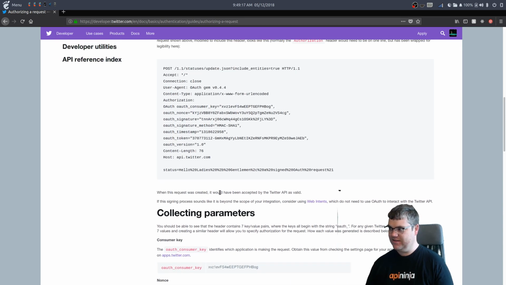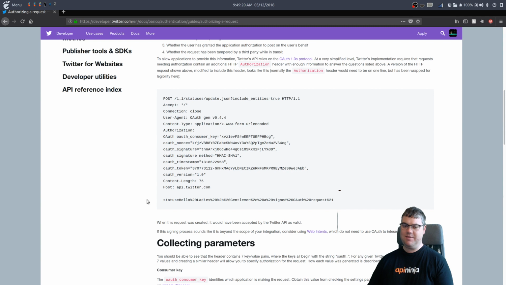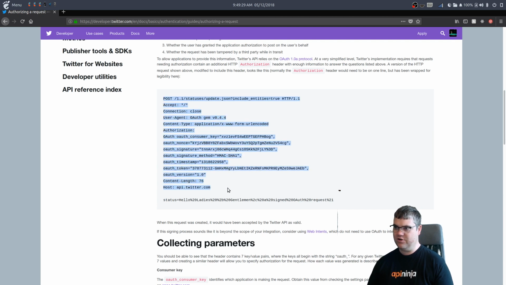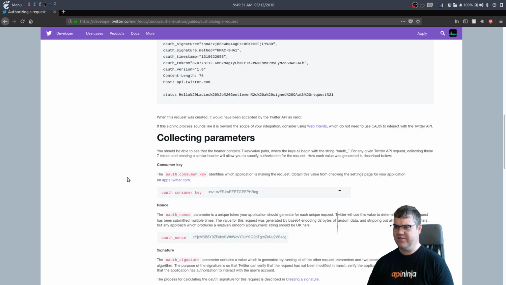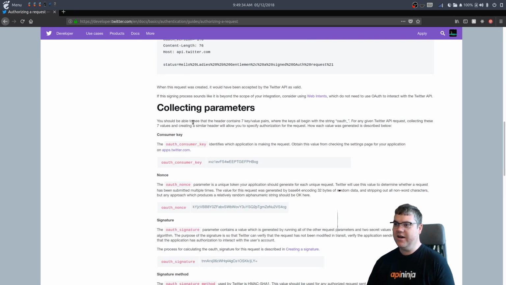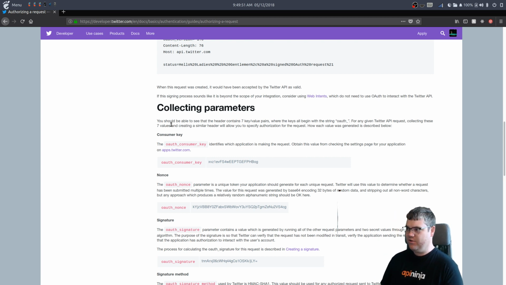Web intents. I still need this because the API interface that I want to use does say I need this. Okay, so these are all going to be fine. Everything's fine. Okay, so collecting parameters. You should be able to see the header contains 7 key value pairs where the keys all begin with the string OAuth underscore for any given Twitter API request. Collecting these 7 values and creating a similar header will allow you to specify authorization for the request. How each value is generated is described below. Okay, so